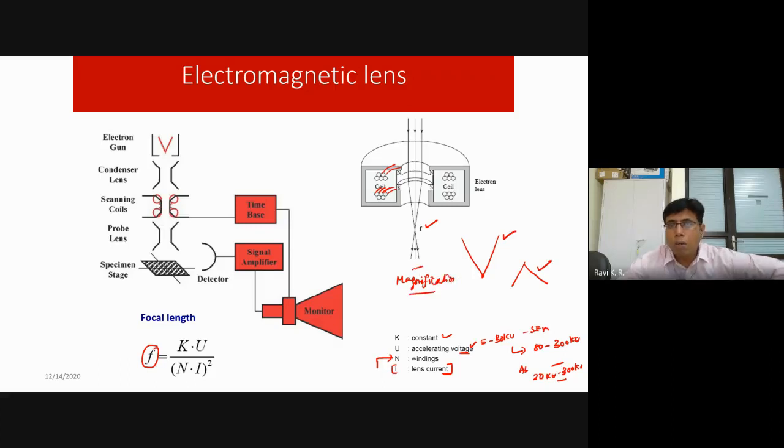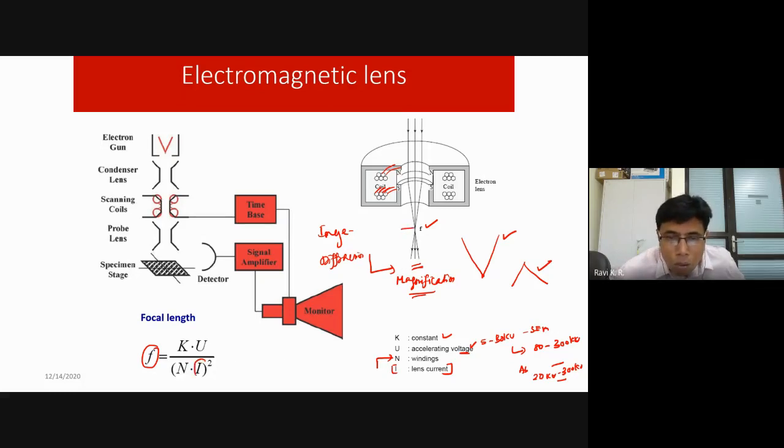So this is the job of the electromagnetic lens. We will discuss a little bit more when we go to the TEM part, because there we go from one mode to another. We go to image mode and to diffraction mode also. That can be done using these electromagnetic lenses. That's the part we will discuss: what is image mode, what is diffraction mode, because you are going to a different focal length. You can do that by changing the lens current.